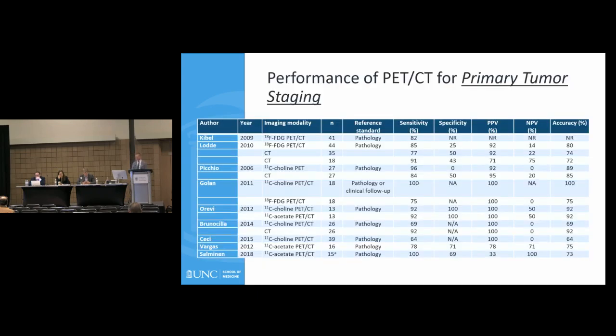So this is kind of a busy slide, but it just highlights that in all the studies that have used PET CT for primary tumor staging, you can see a wide use of FDG and choline as well as acetate, and different reference standards in terms of pathology. All of this leads to a wide sensitivity, specificity, and predictive value when using FDG or using PET radiotracers